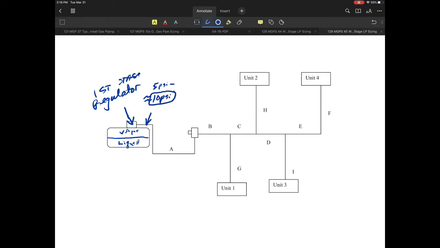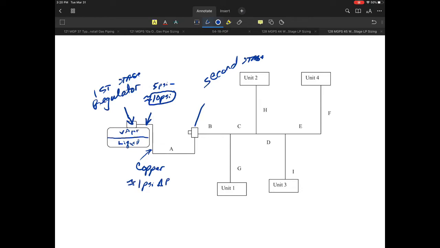So now most of these lines typically are going to be done with copper, or what we call semi-rigid copper tubing or copper piping. Essentially that line there will end up being copper as a general rule. And it's a fairly high pressure. So most of the time we can accept approximately a 1 psi pressure drop in that line. So as a general rule, by the time we get to this regulator, which is going to be what we call a second stage